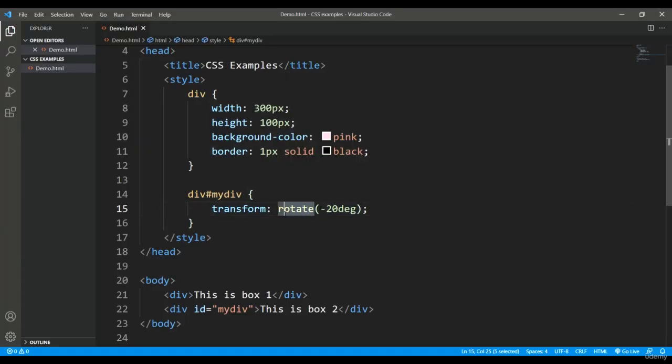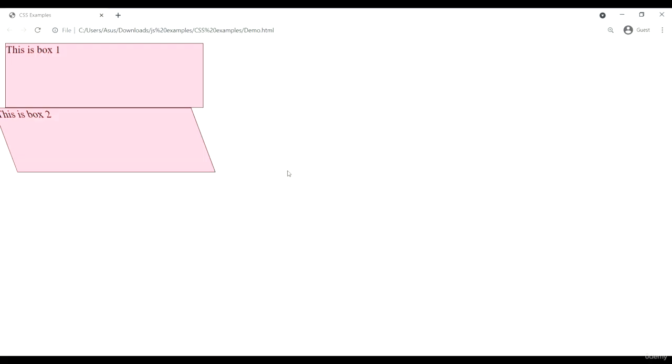Now similarly, you have one more method here called skew, in which I'm going to skew with the x-axis or y-axis. So I'll do it with skewX 20 degrees. That means it will be skewed using the x-axis only. So skewX. Now here you can see the x-axis is still parallel, meaning it is the same, but here it is being skewed. All right, the whole thing is being skewed, including the text inside it.